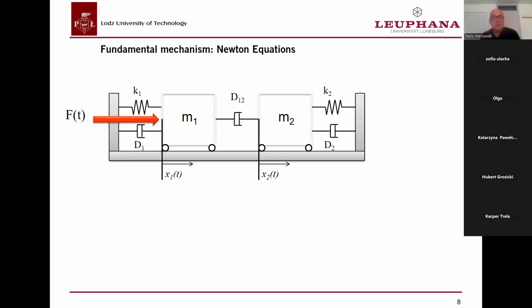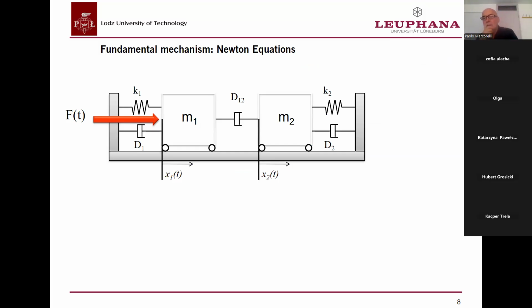Look at this. But to control, as I told you, we need a model. Look at this example here. We have a force, we have a mass M1, we have a mass M2. Then we have, let me say, spring effect and damping effect among the elements which we see. Typically, we orient the system